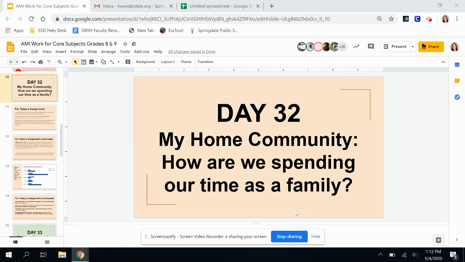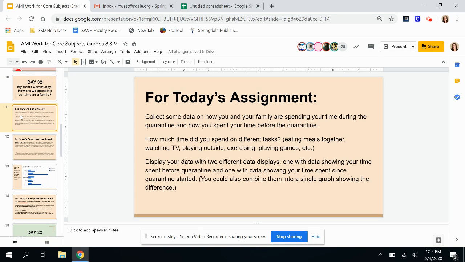Today is focusing on my home community, how we're spending time with our family. So for today's assignment, we're to collect some data on how you and your family are spending your time during the quarantine and how you spend your time before the quarantine. How much time did you spend on different tasks, like eating meals together, watching TV, playing outside, exercising, playing games,